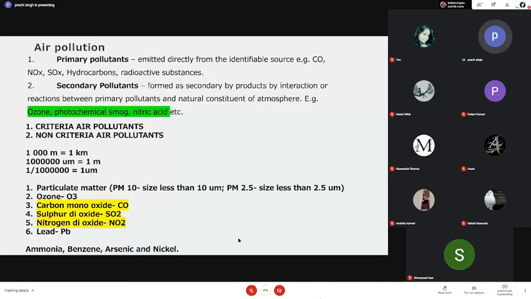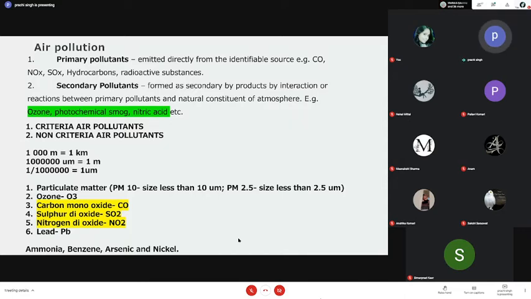And if you recall the reactions when we were discussing photochemical smog, there we were talking about nitrogen oxides, sulfur oxides and hydrocarbons, whose source of emission was directly from fossil fuel burning, either from transportation or from industry. But during their reactions, we also saw that ozone formation was happening, peroxyacetyl nitrate was being formed, and photochemical smog was also being formed.